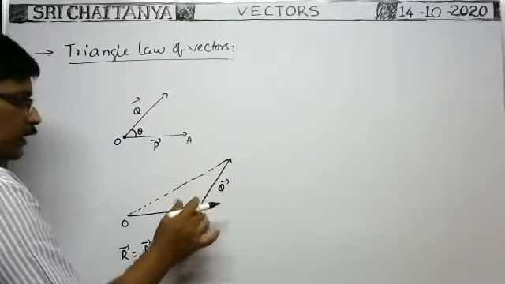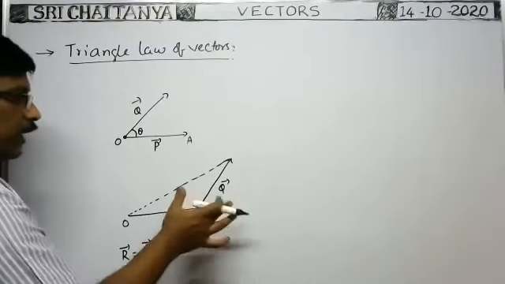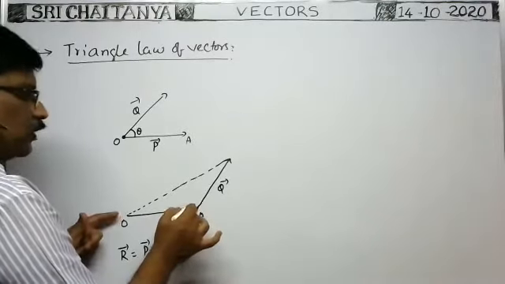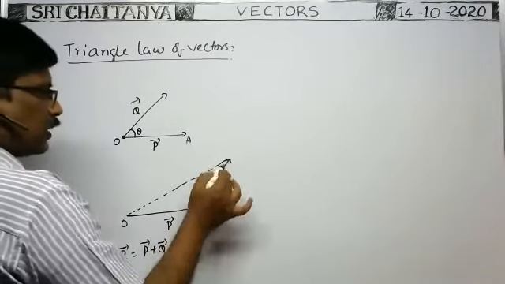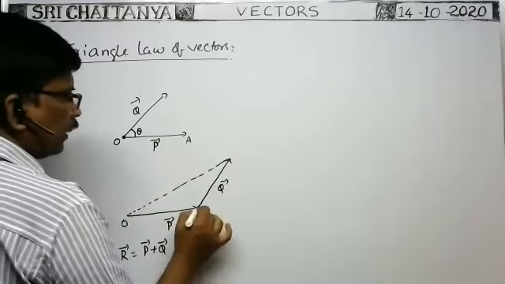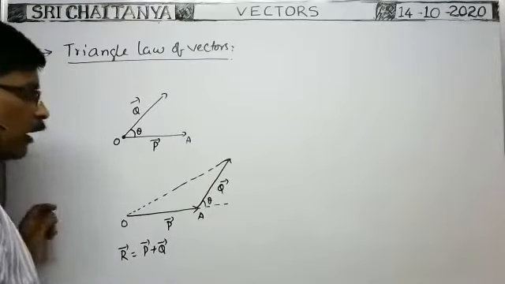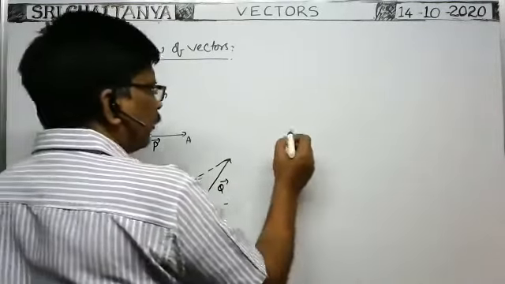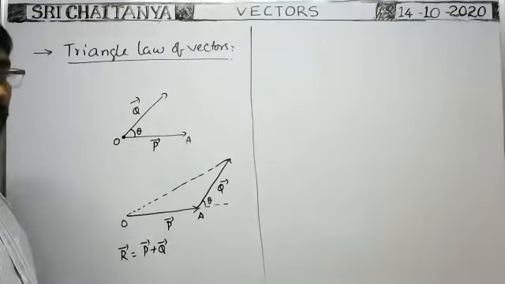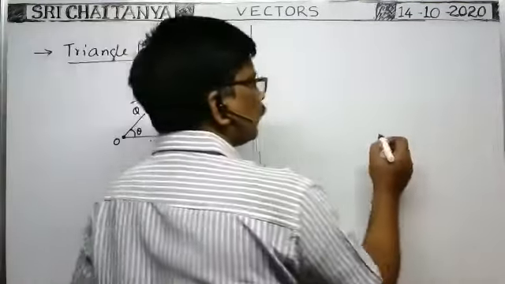And these two vectors are represented by the two adjacent sides of a triangle taken in order, both in magnitude and direction. Whatever the magnitude of p bar, this length of the triangle represents a magnitude equal to the magnitude of p bar. This length is also equal to the magnitude of q bar. And for direction, q bar makes an angle theta with p bar, so the angle between p bar and q bar is theta. Moreover, one more point we have to remember: to find the angle between any two vectors, the two vectors must be imagined as coinitial vectors. Coinitial vectors means the initial points of the two vectors are coincident. You see here.